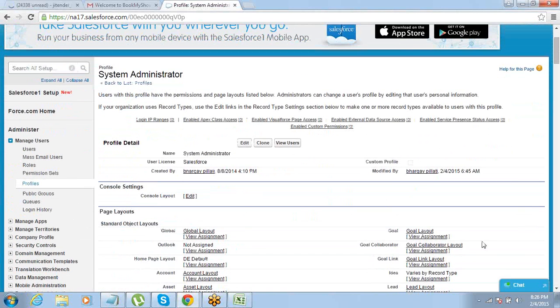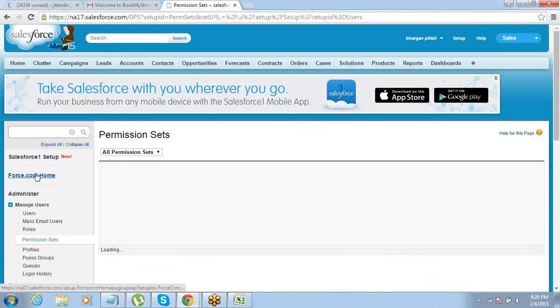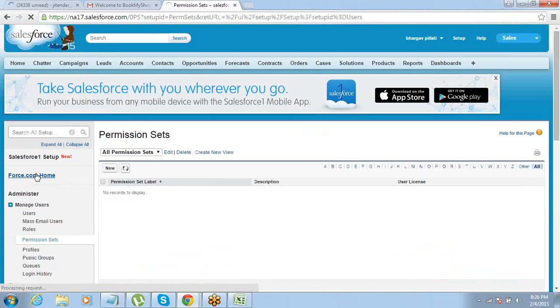So that's one thing. Now let's quickly understand how to create a permission set. Under the same manage users, there is an option called permission sets. You can go to permission sets and click on new. You do not have any permission sets by default. The way we had profiles, I told you profile is mandatory, so for that reason they by default give you certain standard profiles. A permission set is something which you don't require every day. A lot of companies manage their things without even a single permission set. But if you have to create a permission set, you just go to setup, manage users, permission sets, click on new,